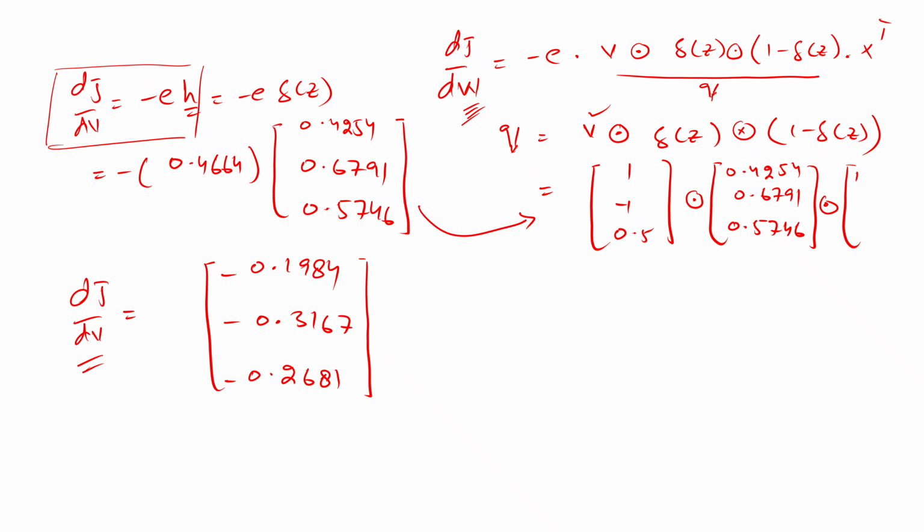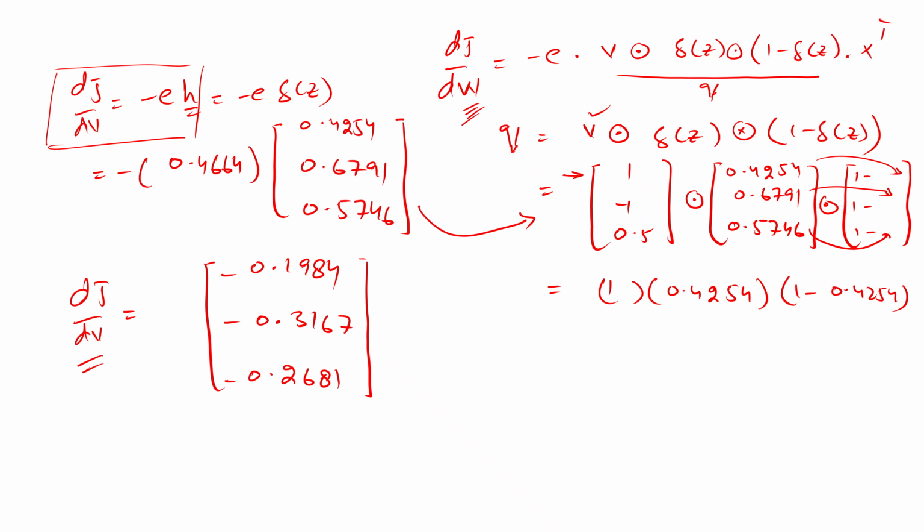So the same values but 1 minus sigma of z. What does it mean to do the multiplication element wise? This is the first row, right? So we have to do 1 times 0.4254 and then 1 minus 0.4254. This is not traditional matrix multiplication. Each row's elements will be multiplied with each other. So we will get q equal to